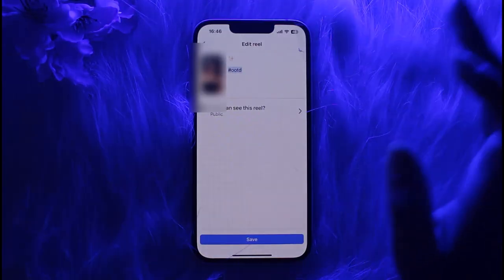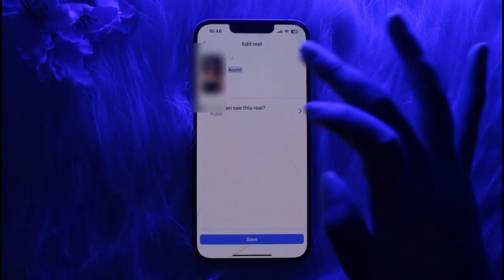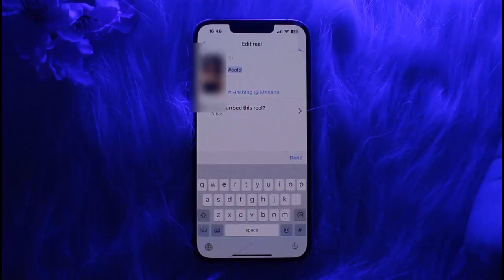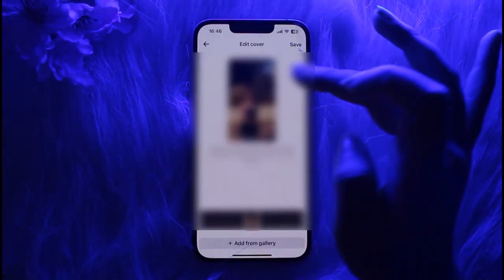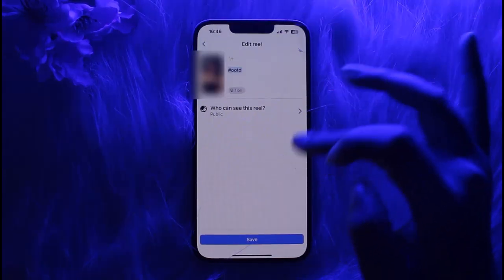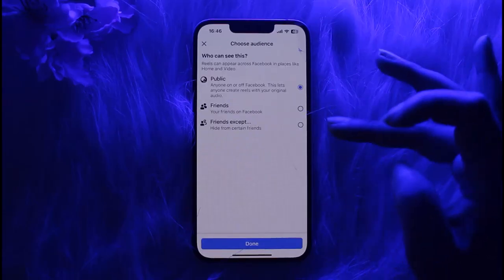Tap on it. Now what can be edited? My description can be edited. I can add the hashtags and I can mention. I can tap on this icon and then I can simply add the cover of my video. I can change that. Right, I can tap on who can see this reel and can change the